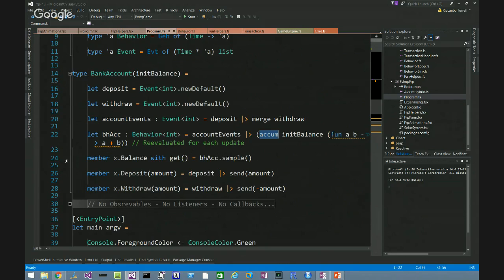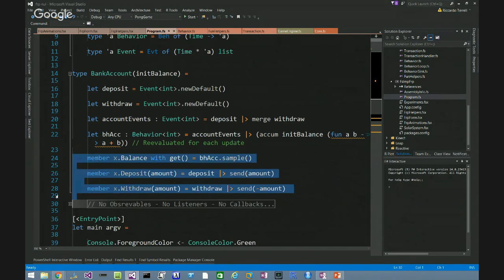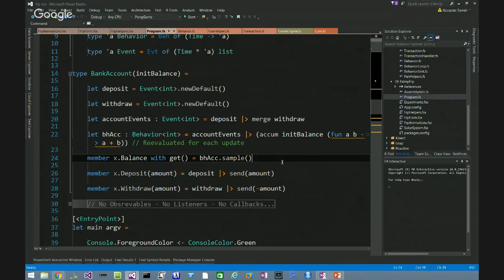And I just expose my value through some property here. The balance, I get the current value of my bank account. You can see we use sample, because you have to sample the behavior to get the current value. And then we have the deposit and withdraw, where I just pass an amount, send the value to the event which triggers, right? So this is a pretty simple